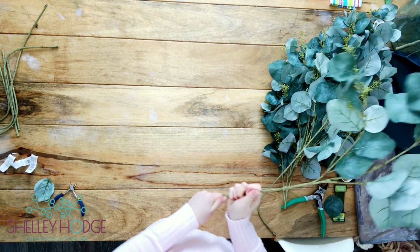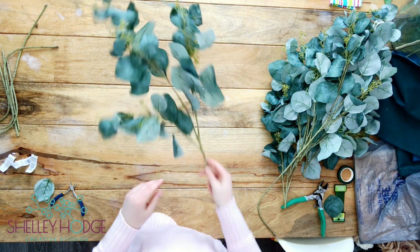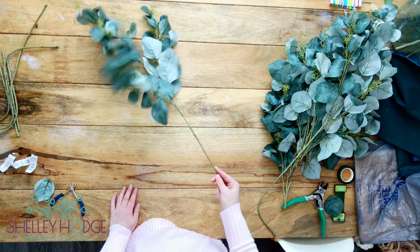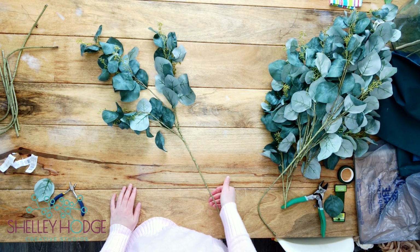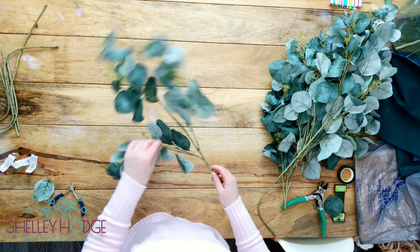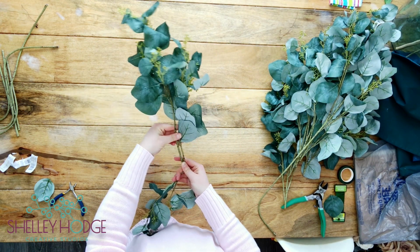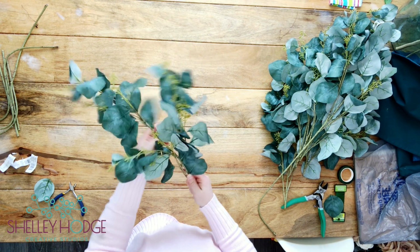Okay, just to start your greenery garland, I should say you're going to need about 12 eucalyptus sprigs like this. I'm saying 12, but as we build upon it, it might be a little more than that because we want it to be nice and full and nice and long so it goes across the middle of your table, okay? Originally I thought maybe we'd cut them down and just use 2 sprigs at a time, but I think I'm going to leave it as 3 so that it's nice